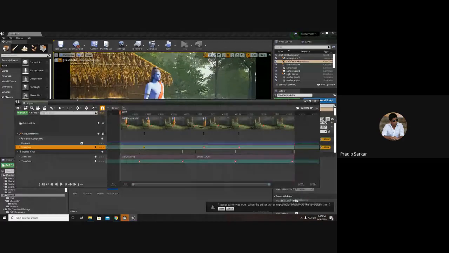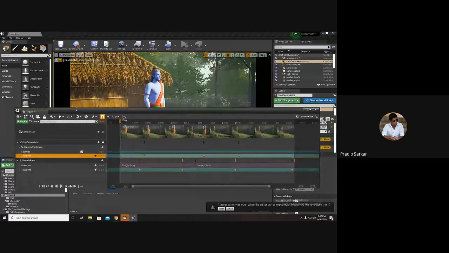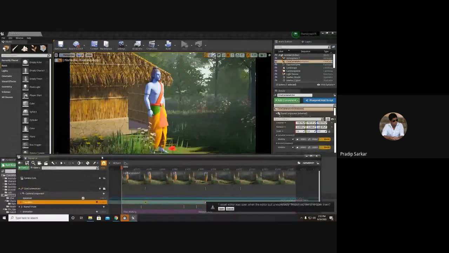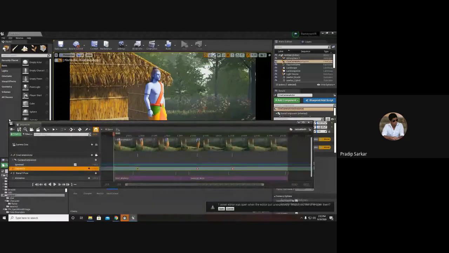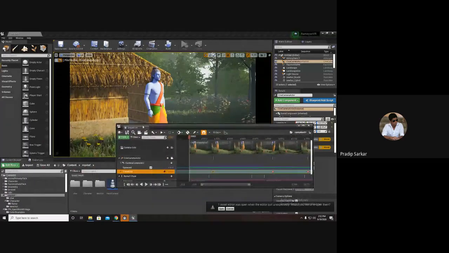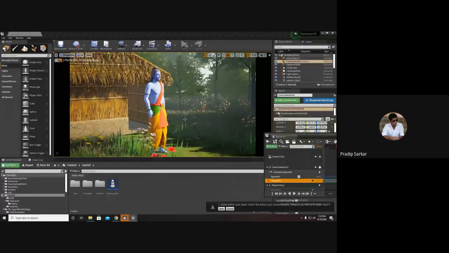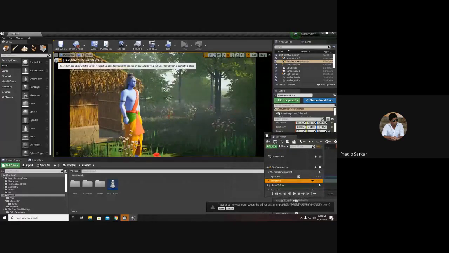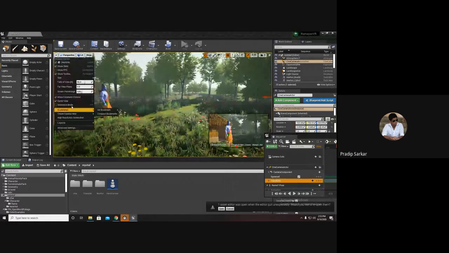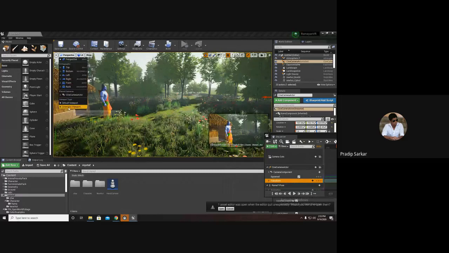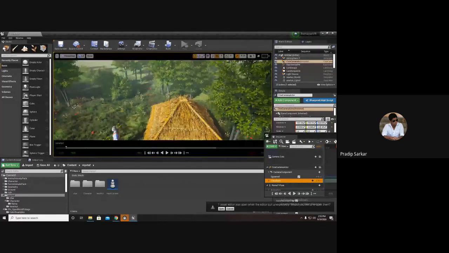So once I'm ready with my shot, I can go back to, instead of the perspective view, I'll go to the cinematic viewport.